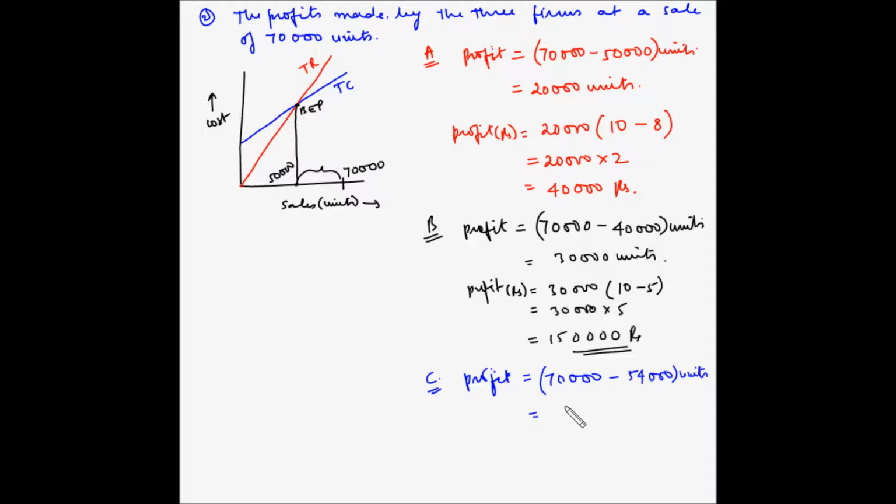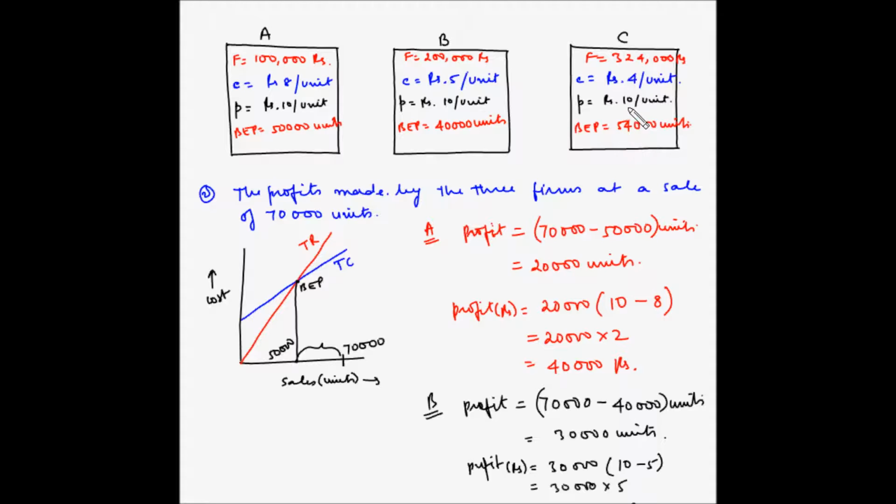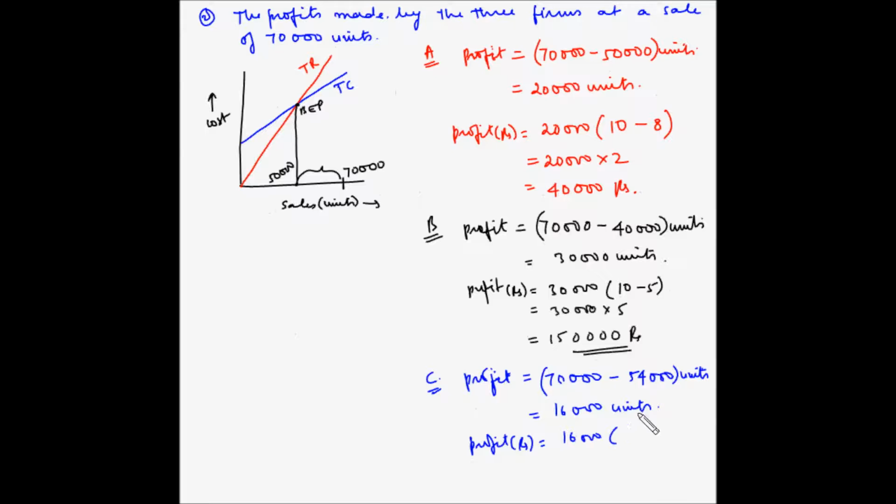This is equal to 16,000 units, and profit in rupees is equal to 16,000 multiplied by the selling price, which is 10, minus the cost price, which is 4. So 10 minus 4, so 16,000 multiplied by 6. So 6 6s are 36, 3 carry over, 6 1s are 6, 7 8 9,